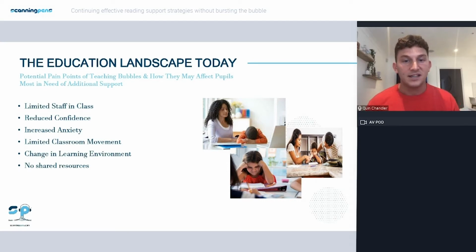And I'm really keen to highlight that in today's session and every day, working with scanning pens, which is brilliant. Other things that I've heard from teachers, in some classrooms around the country, again, I can't speak for every sort of classroom around the country. I know it's different, but in some classrooms around the country, I know that teacher movement across the class is